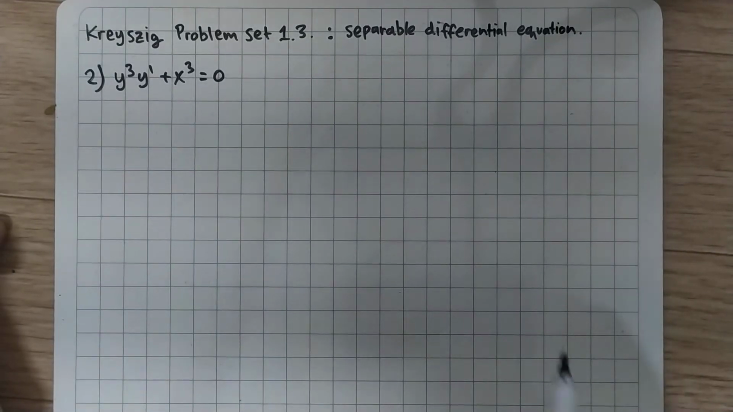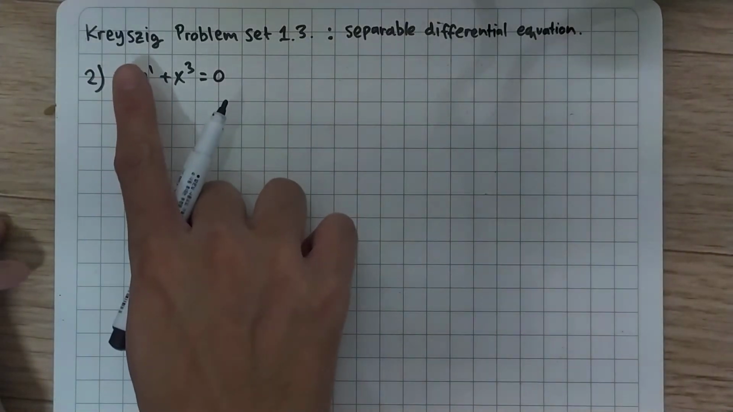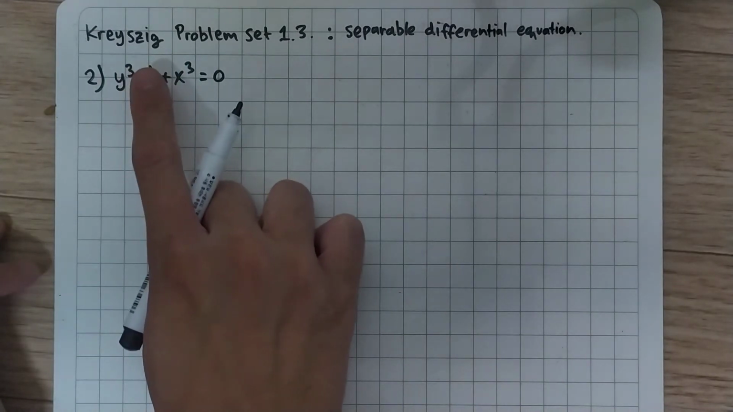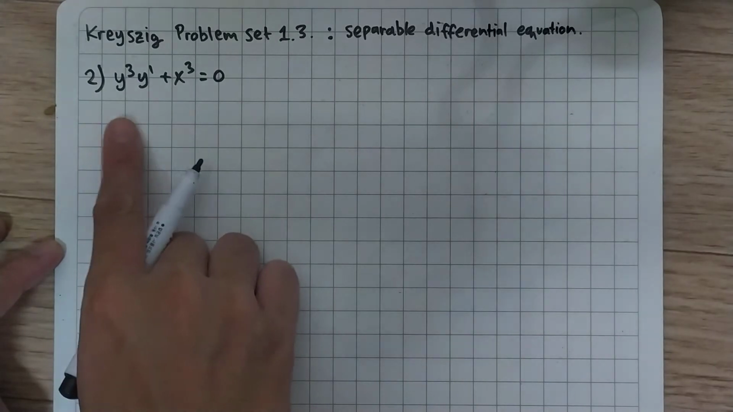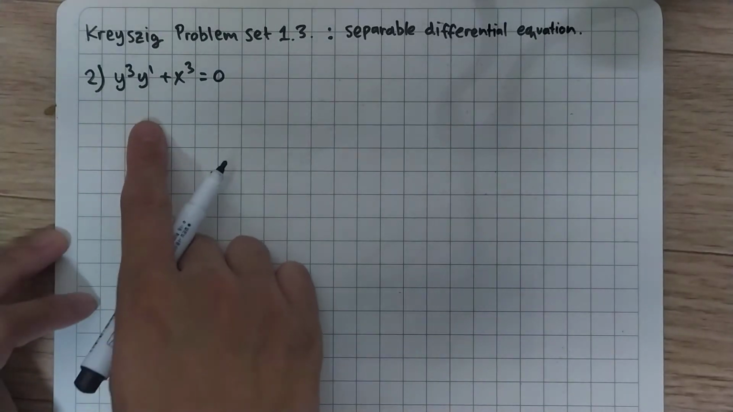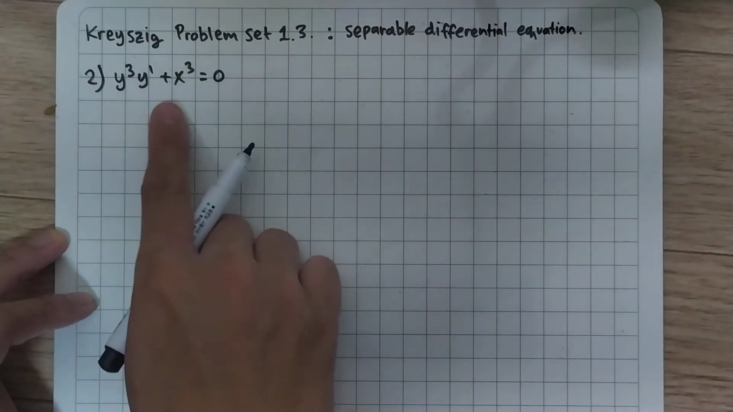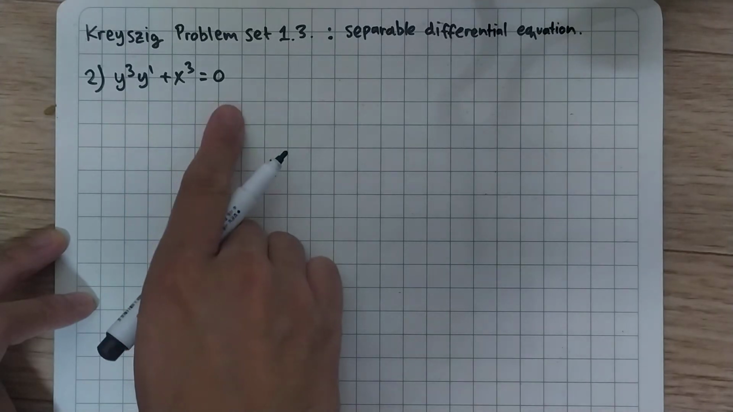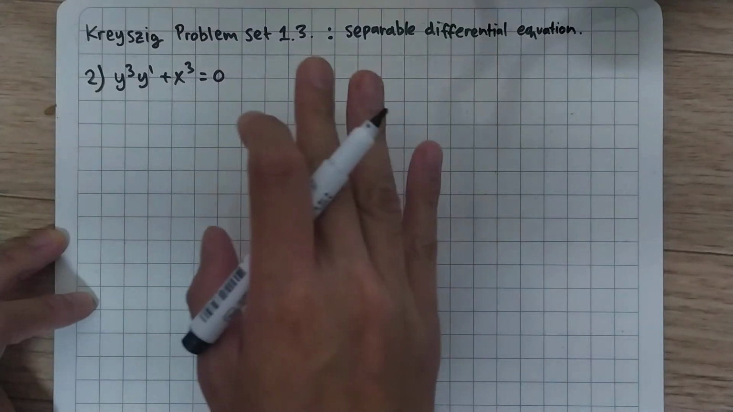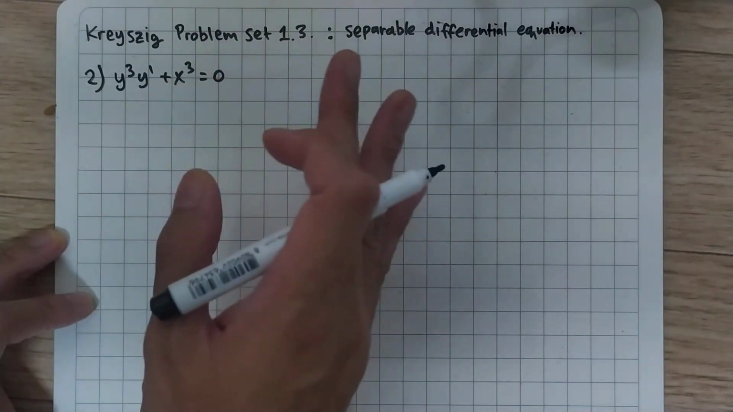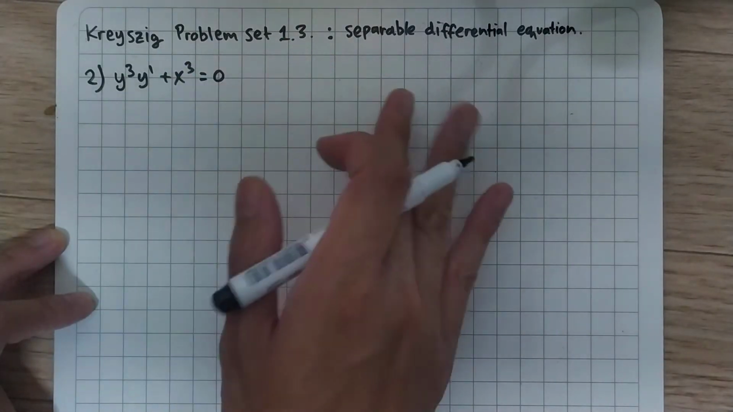Okay, we will try to solve a problem from Kreyszig's book, Advanced Engineering Mathematics, problem set 1.3. We are going to answer question number 2, and we are asked to find the general solution of this differential equation using separable differential equation. So we need to separate all the y to the left hand side and all the x to the right